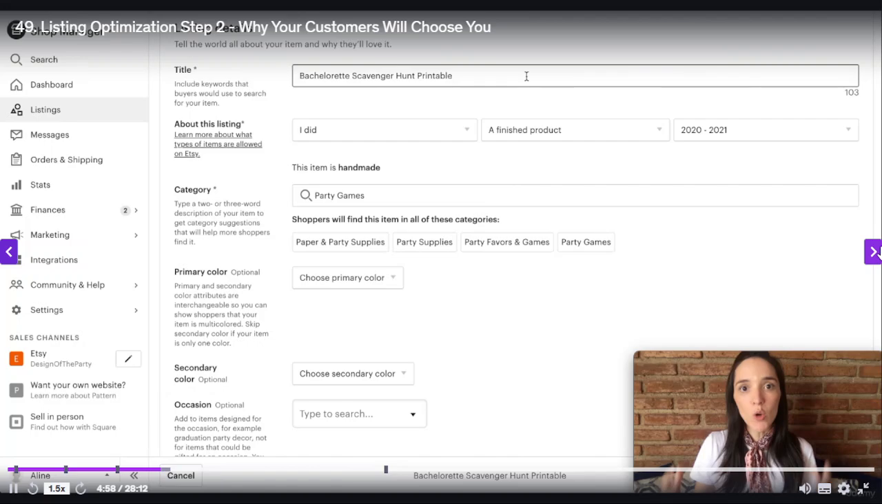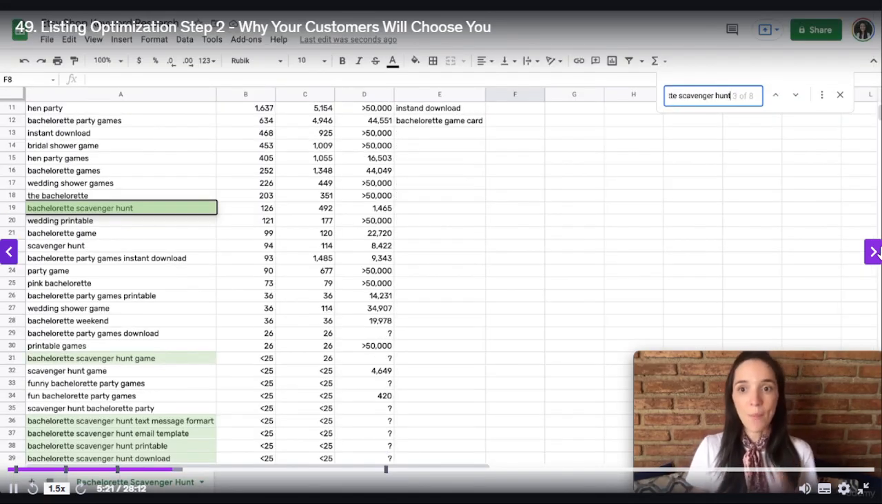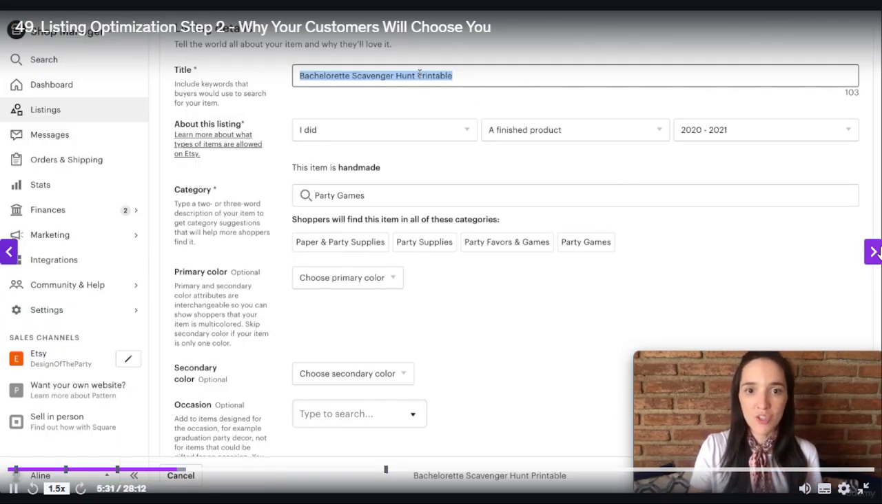In my opinion, it should be your most important keyword, the highest search keyword, but the most specific to your product. So for me, it's going to be Bachelorette Scavenger Hunt. But now I want to see what is the highest searched keyword term that starts with Bachelorette Scavenger Hunt. What should be my next word? So I'm going to go to my keyword list over here and I'm going to search. Okay, so Bachelorette Scavenger Hunt has the most search volume, and the next one's going to be Bachelorette Scavenger Hunt game. So I'm going to go back to my listing, I'm going to write game, and I already have the